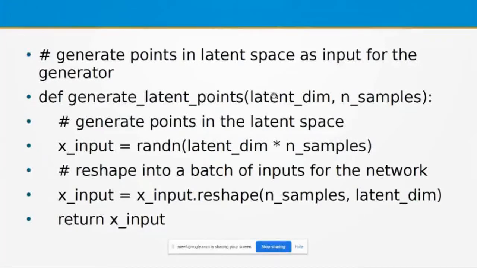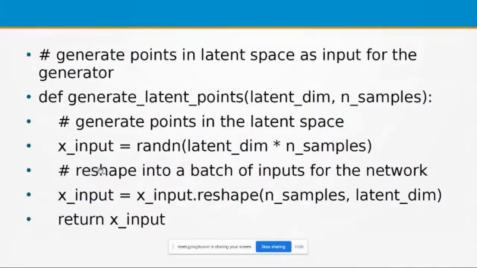Latent dimension, as I said, is the noise values, the artificial ingredients. So x_input is equal to randn(latent_dim * n_samples). For example, latent dimension is a 100-dimensional, one-dimensional array, so latent_dim times n_samples creates a matrix, and all the entries of that matrix are initialized with random numbers, that means noise values.